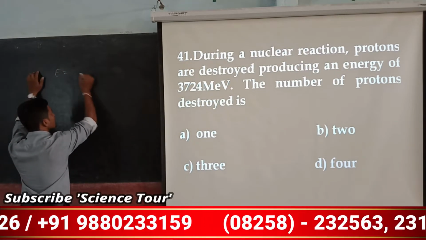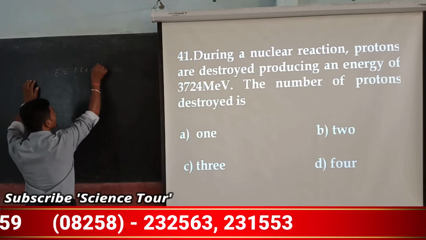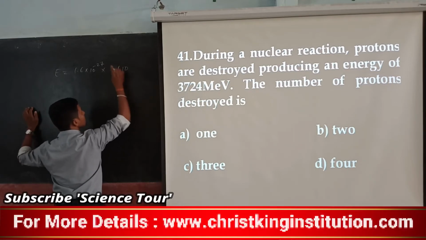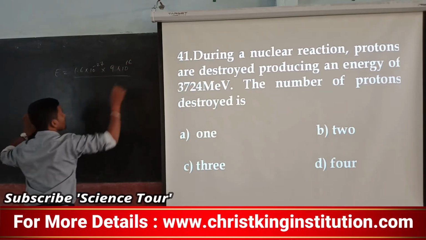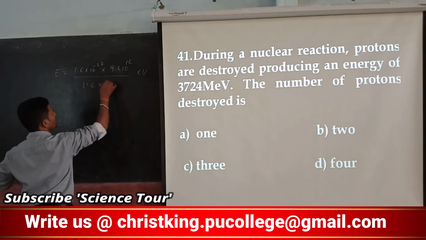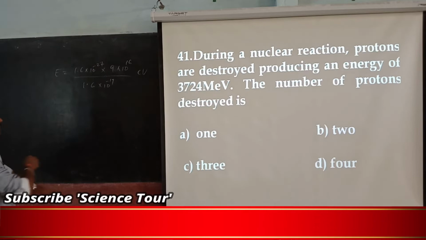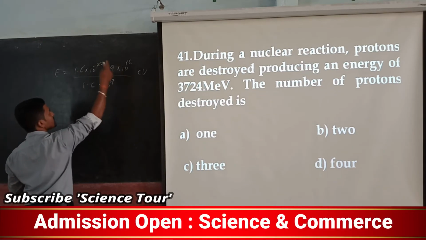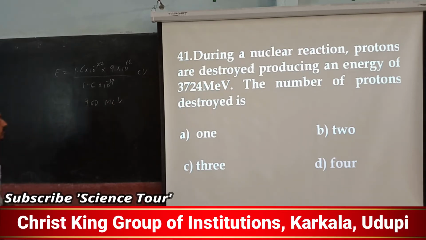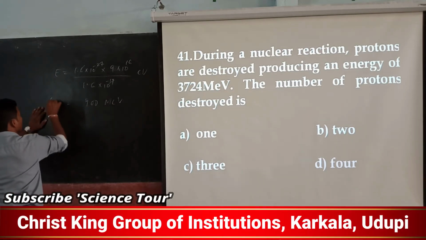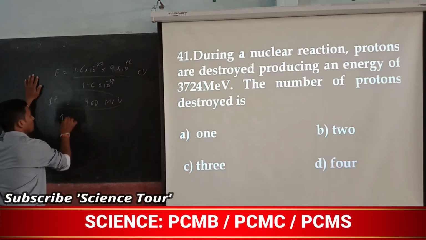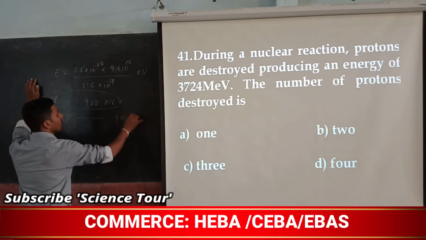That is nothing but mc square: 1.6 into 10 to the power minus 27 into 3 into 10 to the power 8, which means 9 into 10 to the power 16, isn't it? And it is in eV, so you have to multiply by 1.6 into 10 to the power minus 19 to convert. Now you calculate and cancel, so that you are going to get 900 MeV. Okay. Now that is for one proton. The energy of one proton is 900 MeV.